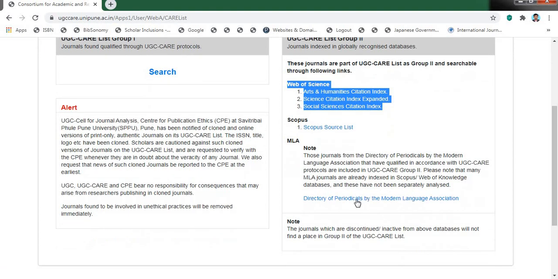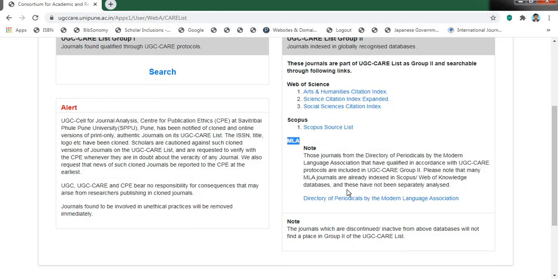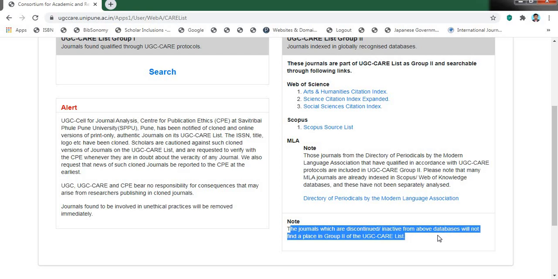And the list of journals selected from the MLA database. The journal list is given here. If you click it, you can find it. These will come under UGC CARE list. This note is very important. Just go through it. The journals which are discontinued or inactive in the above databases will not find a place in